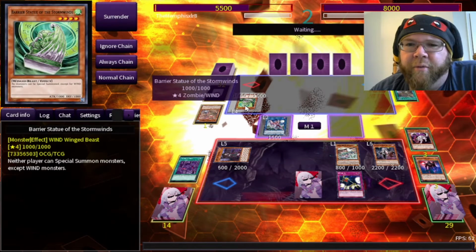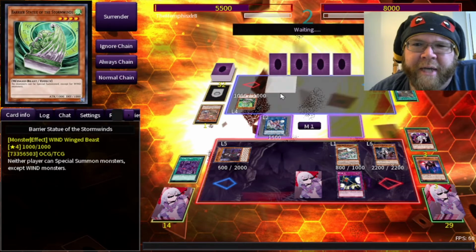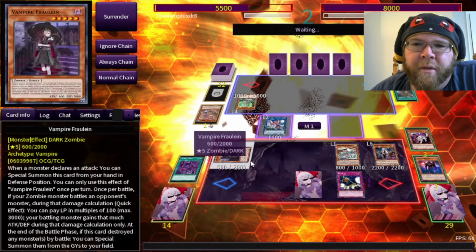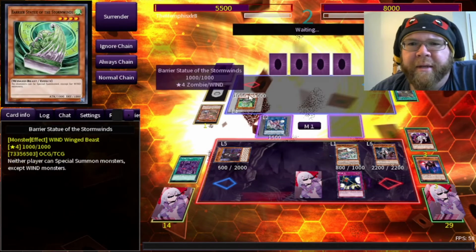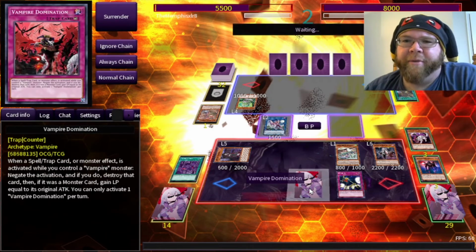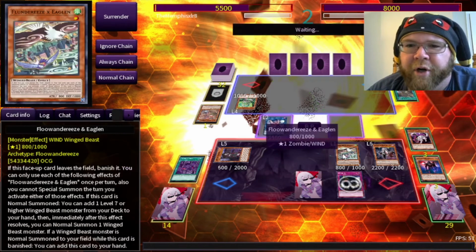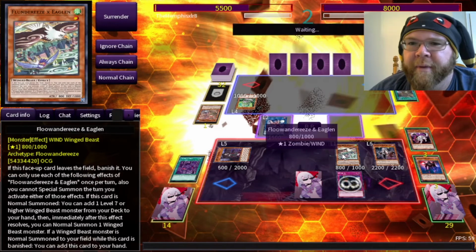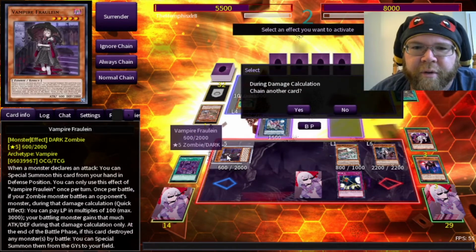Barrier Statue of the Stormwinds. Why did you summon Barrier Statue of the Stormwinds? I already have a board. It's kind of a late game thing. Are you gonna Raigeki me? That's not gonna work. Just so you know, I have a Spell Trap Monster Effect Negator. You're not gonna be able to do anything with that. Okay, you're gonna attack into... Oh, he just wants his bird back. Okay, understandable. I too would want my bird back, but sadly for you...